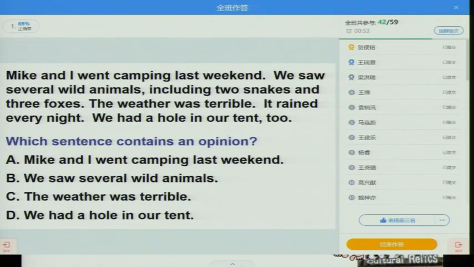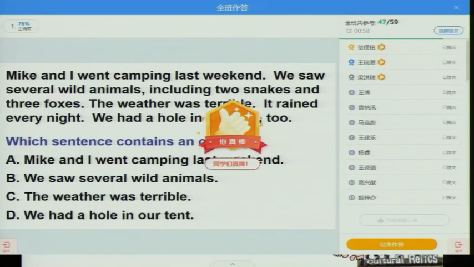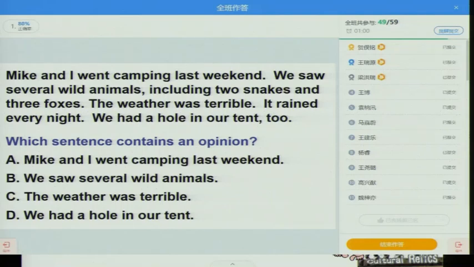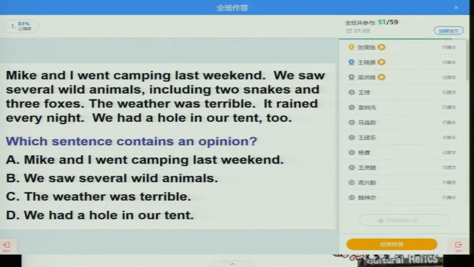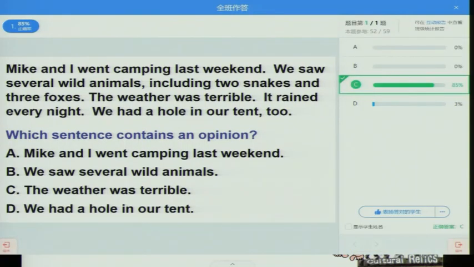Okay, I see many of you have handed in your answer. That's very good. Among those, He Yuming, Wang Ruiyuan, Liang Hongwei are the fastest. Okay. Excellent. Still, some students have not finished. Okay. Let's wait for 10 more seconds. Okay, time's up. Alright, let's see which one is the correct answer.